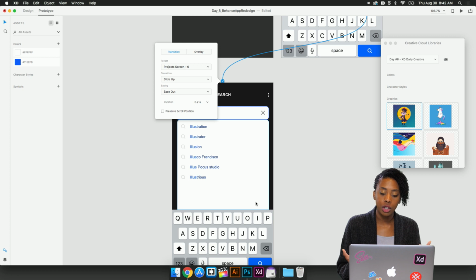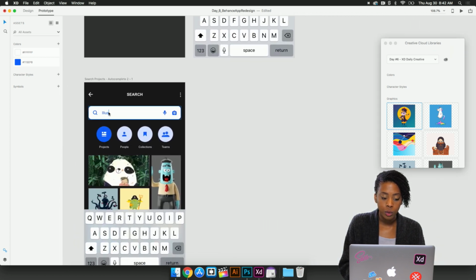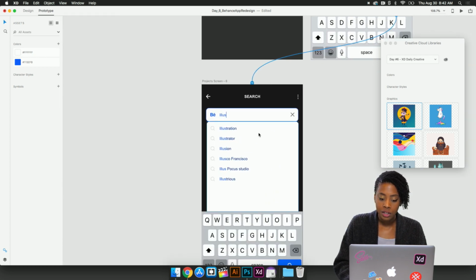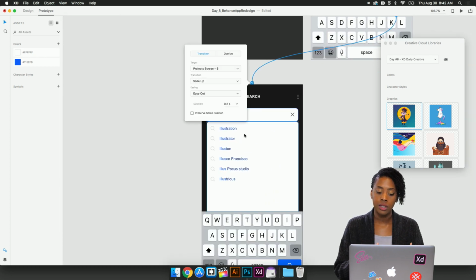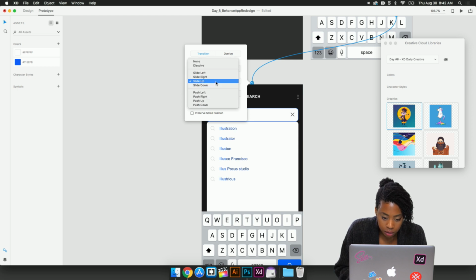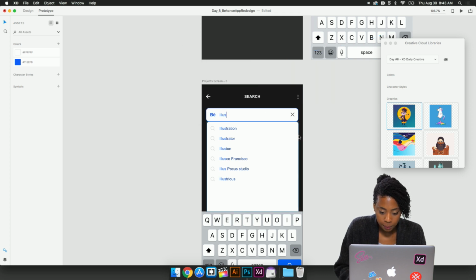And before it was loading images, but right now it's probably a little more accurate, because on the first search experience we only typed in a few words and it's already assuming that we want to see this. Versus on this screen, it's giving us various results and it's not wasting loading time because it's just text being displayed and not images, which tend to slow down the loading experience. So I'm just going to set transition to dissolve, and again, duration 2.2 seconds.